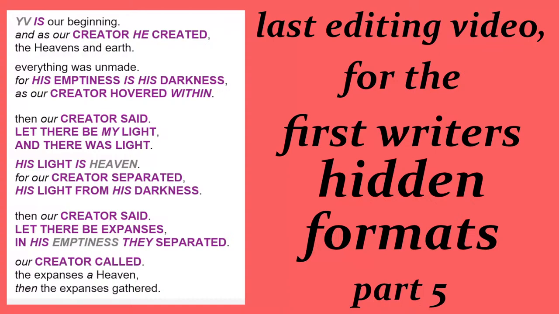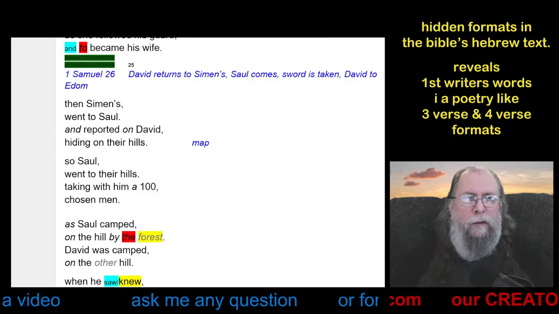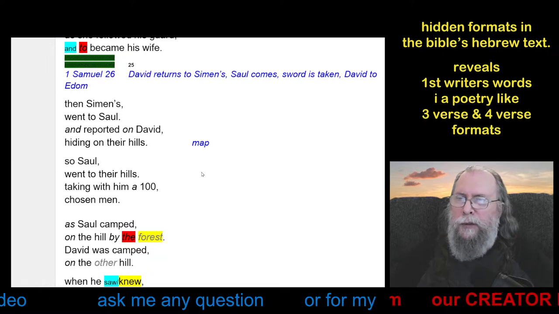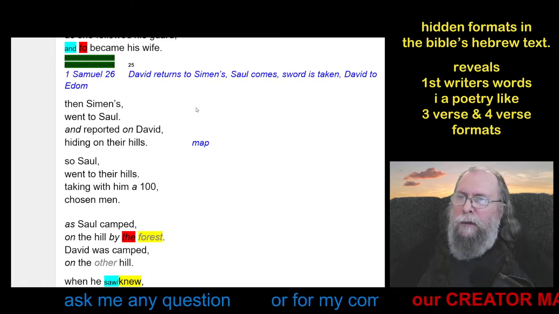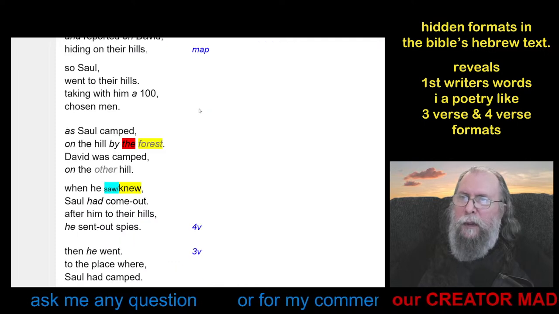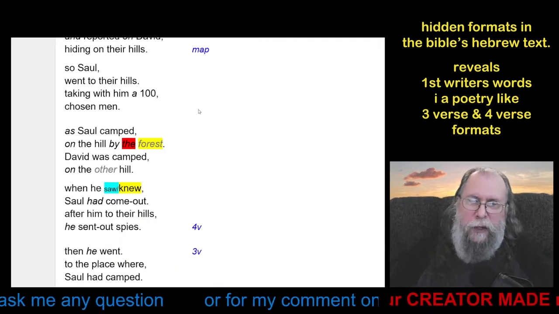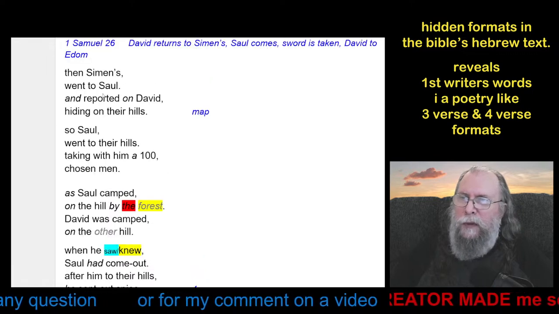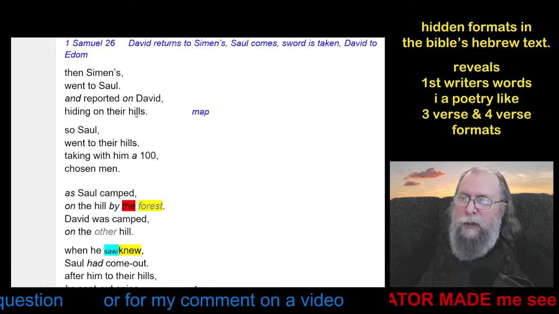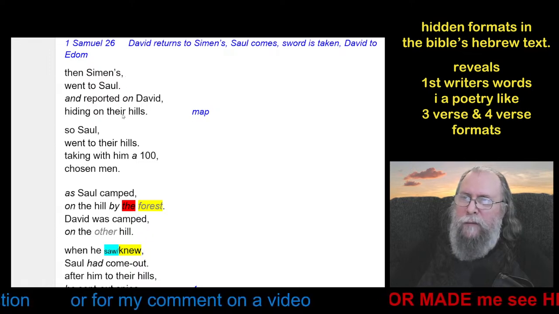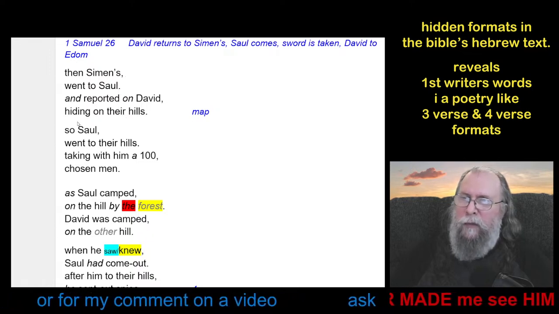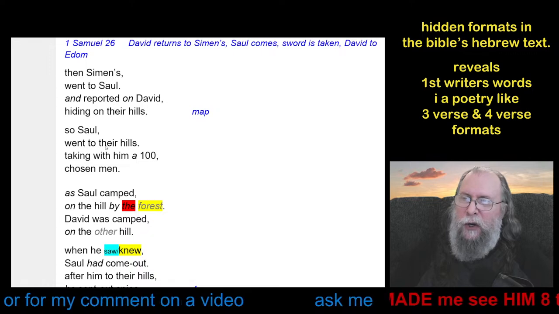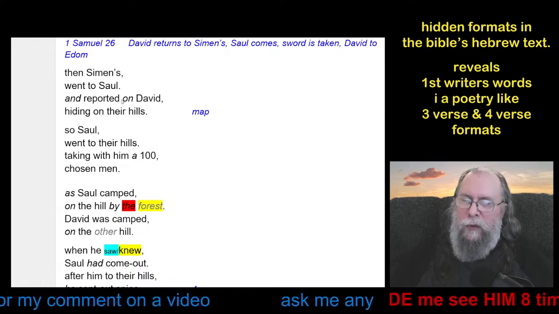This will be part 5, as it says right here in the front introduction page, and just keep going. This is the first writer's hidden formats, and they wrote in what they called psalms. These are what truly is the word psalm. This one is a 4-verse psalm, and then they wrote them together to be psalms, and then they would switch.